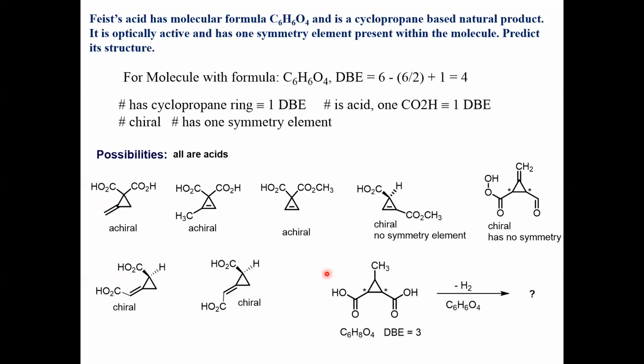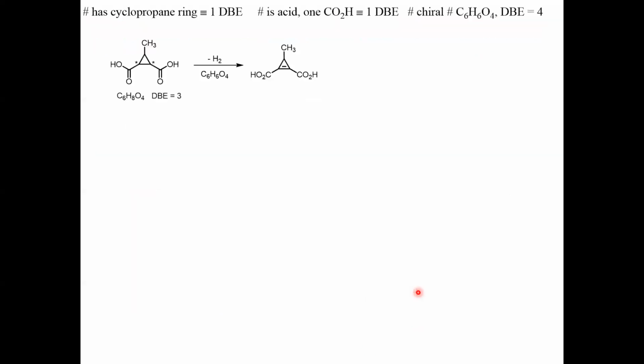So finally, it is this one, and you know this has C6H8O4 and a double bond equivalent of 3, but we have 4. So two hydrogens have to go away. How can you remove these two hydrogens, how many ways are possible, and we'll see whether that fits our answer or not. In that way, what we'll be doing, if you take this dicarboxylic acid and you remove two hydrogens across these two carbons,